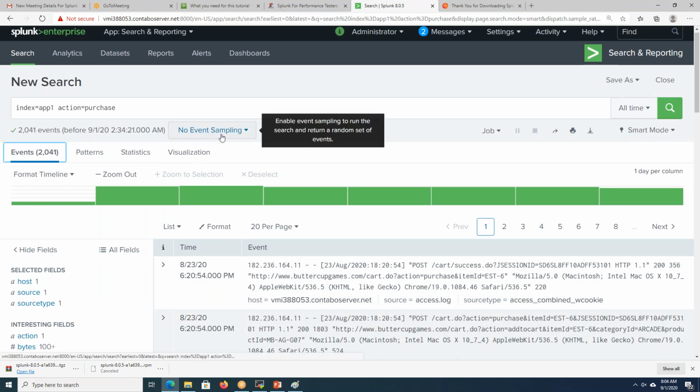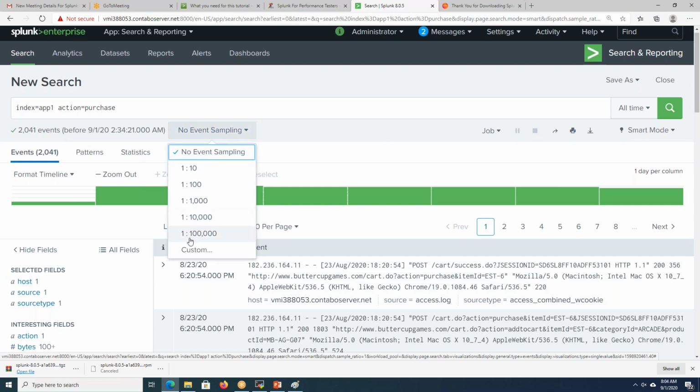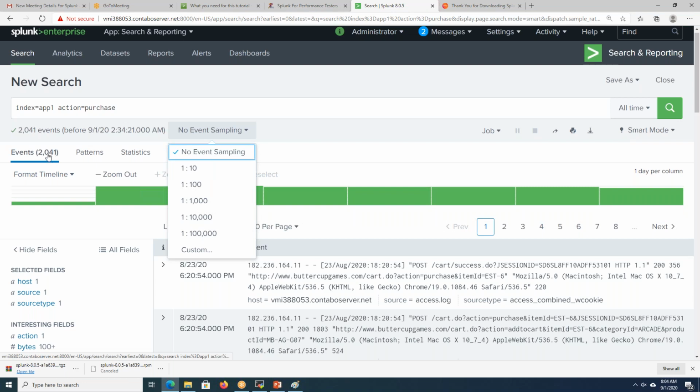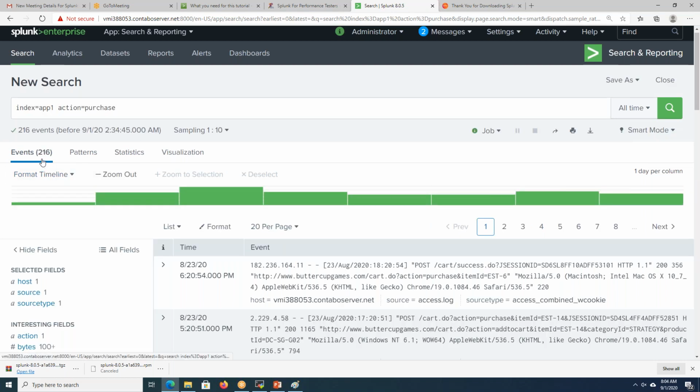Now there is something called no event sampling. If I enable event sampling, there are about 2000 events, and it will display only one sample out of 10, so you will get around 200. It is used in big data.